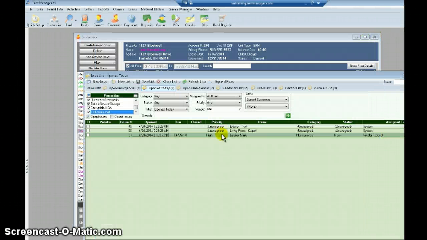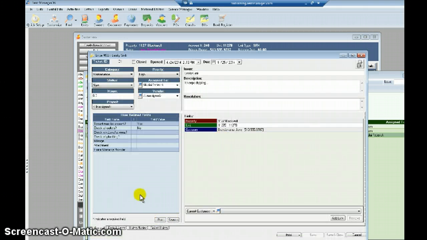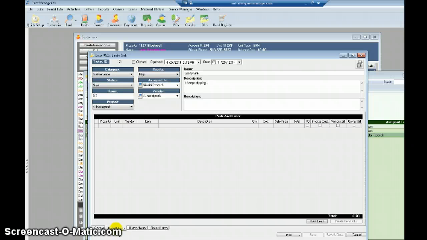Now, that leaky sink, we filled out the general tab. There are others. We're going to talk about parts and labor here in a minute, and that's actually where I can really set up